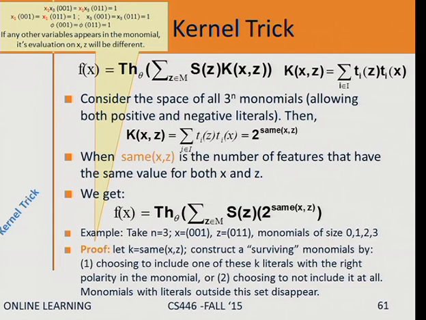This is just an example here, right? I didn't do anything general. I just gave one very generic and important example that shows that if I want to compute the dot product between these two huge vectors, I actually don't need to touch these huge vectors. It's sufficient for me to look carefully at the original points, x and z, and I can compute the dot product there. Questions?